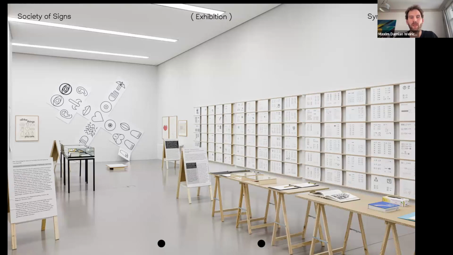And the name we came up with for the exhibition was Pictograms, Signs of Life, Emojis, the Society of Science. And what we did in the concept was an exhibition in three chapters. So we really wanted to tackle the origin story of the modern pictogram with Gerd Arntz, Marie Neurath, and then have a second